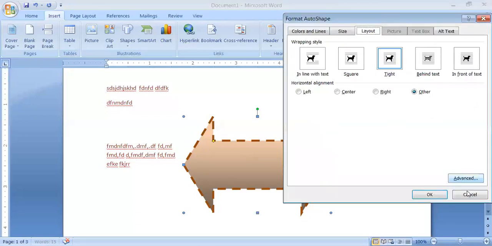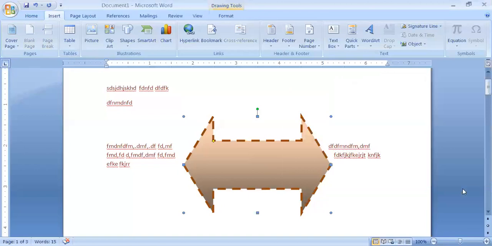Now moving to the next section. The next section is all about how you can drag and how you can resize your text, and that is all about what I told you earlier.